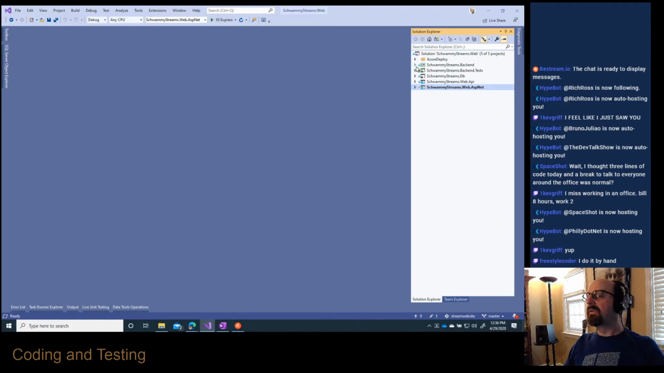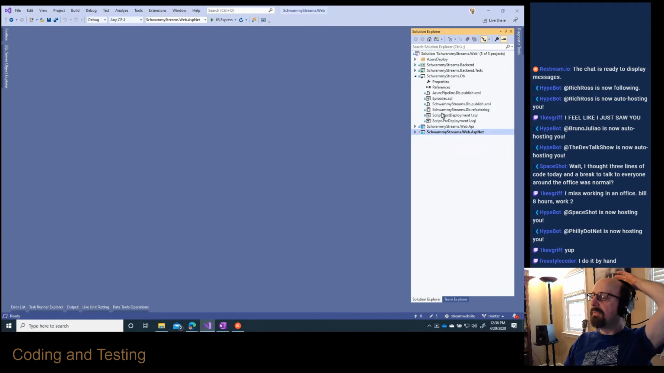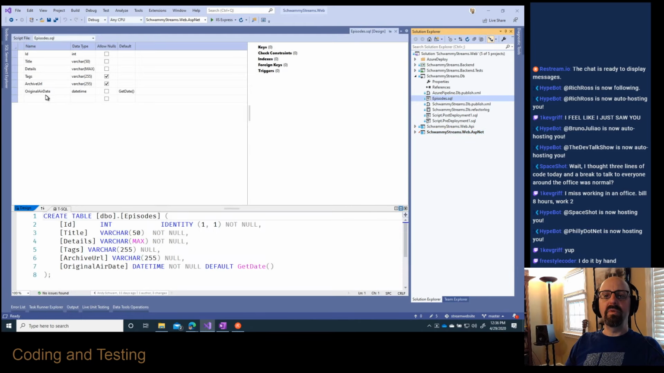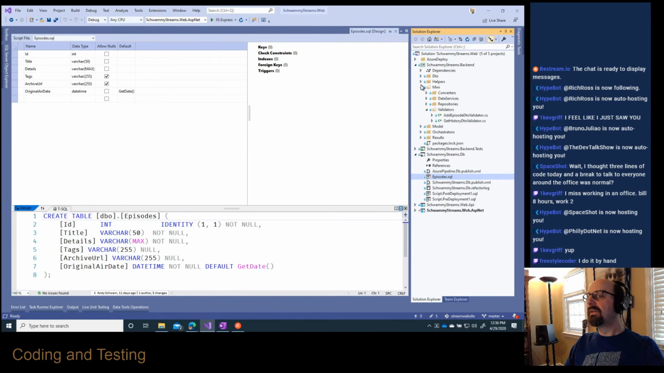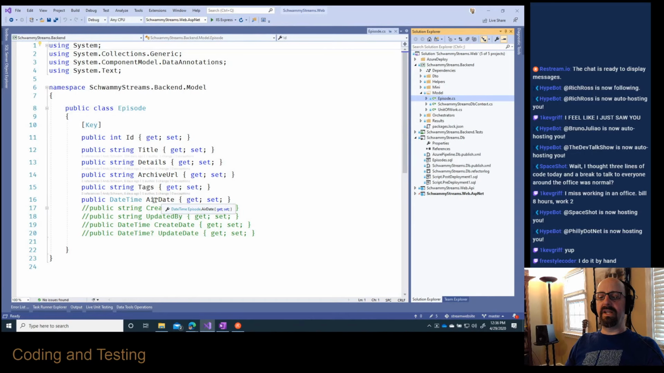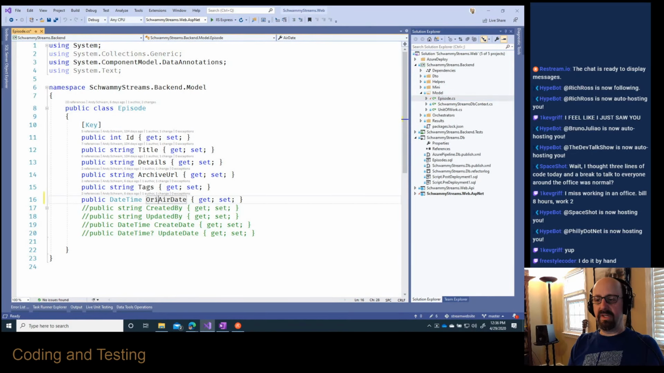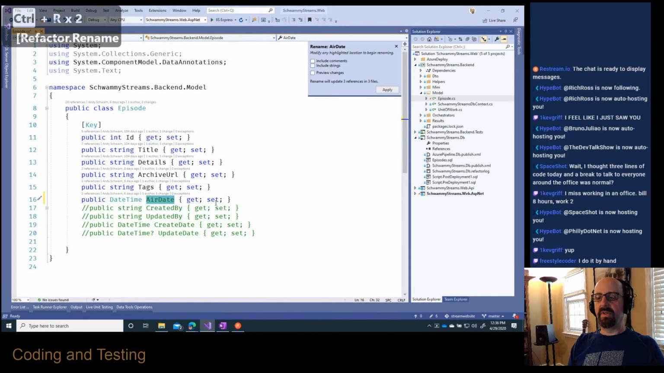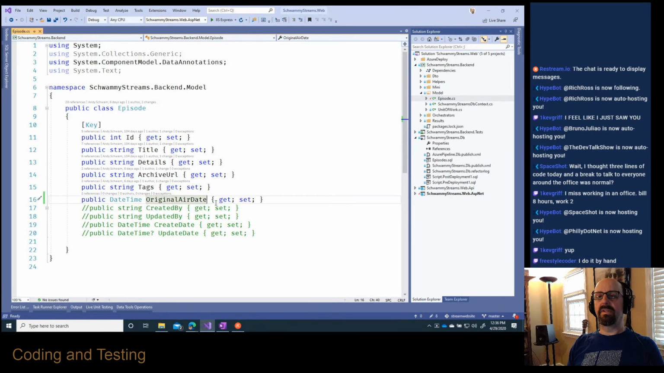And if I go to the database, we can see here there's an episodes table, which has a column called original air date. And in my domain, in my model, I think I called it here, the episode has an air date, and it doesn't have an original air date, so that's a mistake. You know what? I'm going to do a rename, and I'm going to say original air date, and hopefully